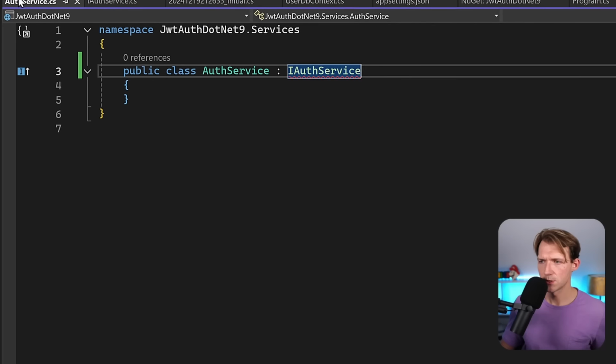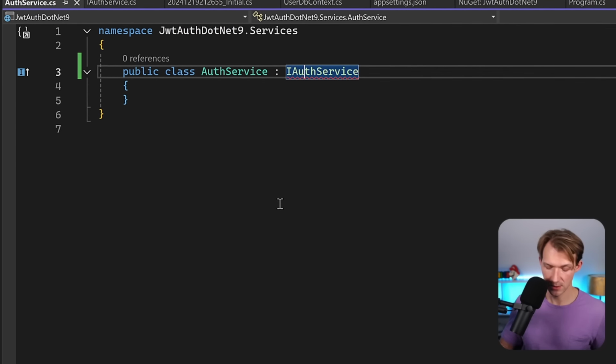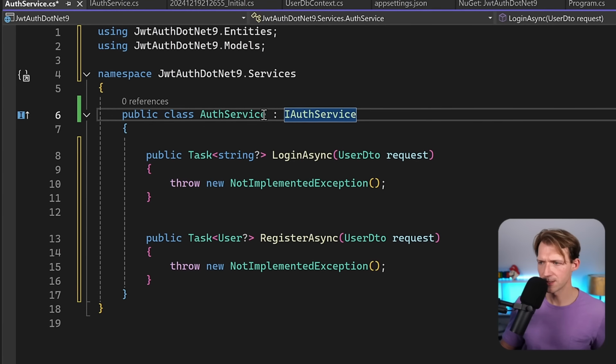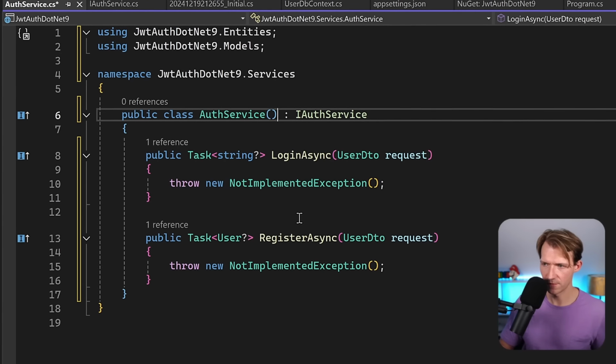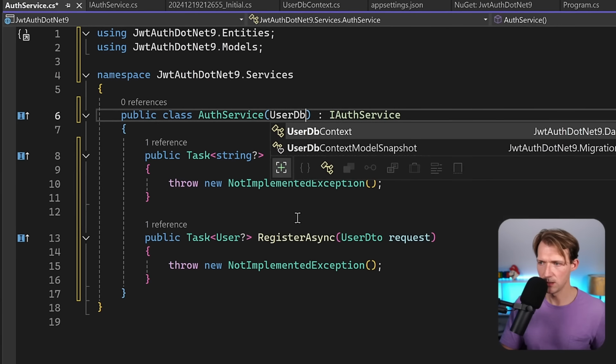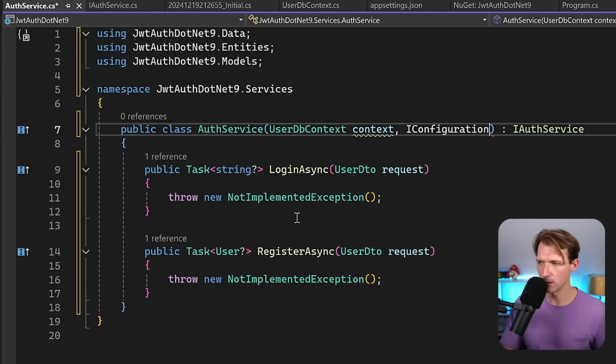All right, now to the service. You see the error already because we haven't implemented the interface. So let's do that automatically first. As you can see, we got our methods, but we have to inject some stuff. The first thing now is the database context. So UserDbContext it is, and I just call this context here. And then also the configuration,